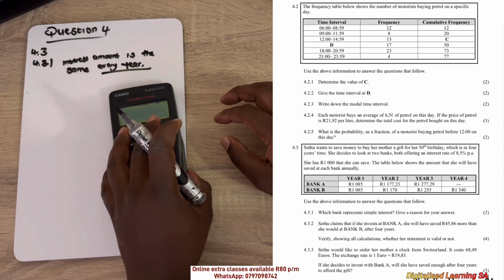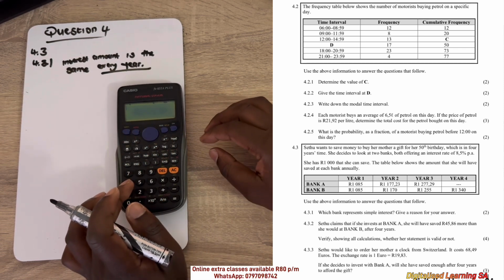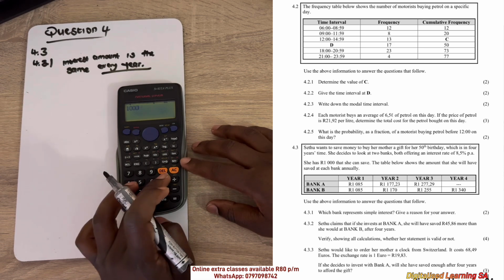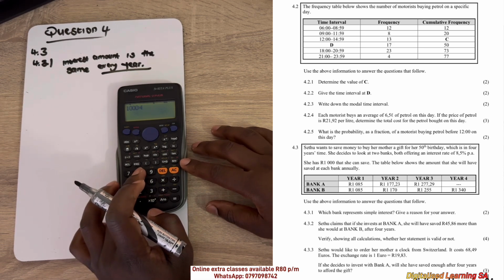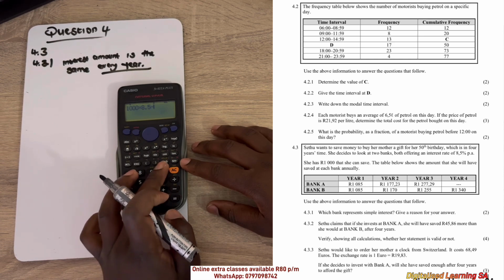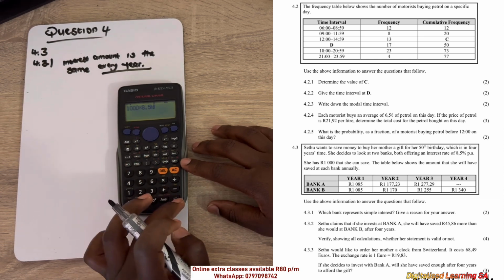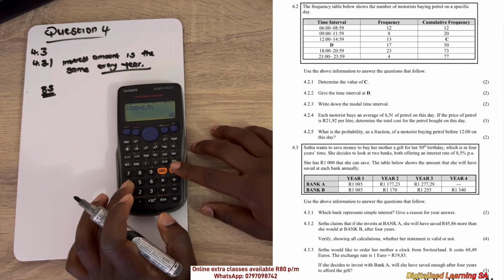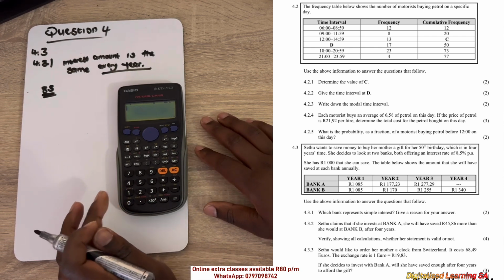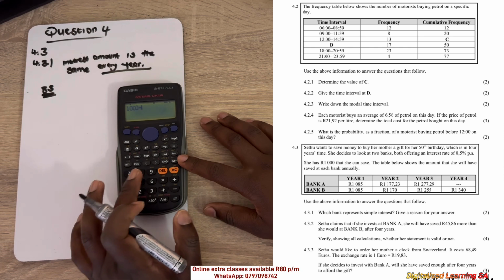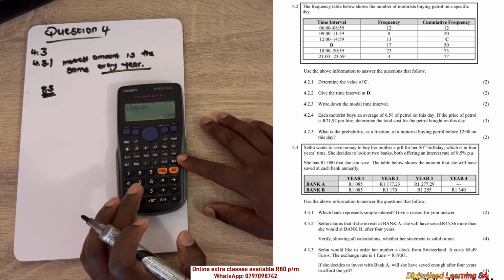So if we look at bank B, let's first calculate our interest. So it's 1,000 multiplied by 8.5%, since we are told that the interest is 8.5% per annum, and our answer will be 85. So the interest is 85 rand per year. So we can see that after the first year, she will have the 1,000 that she invested plus 85, and then in total it will be